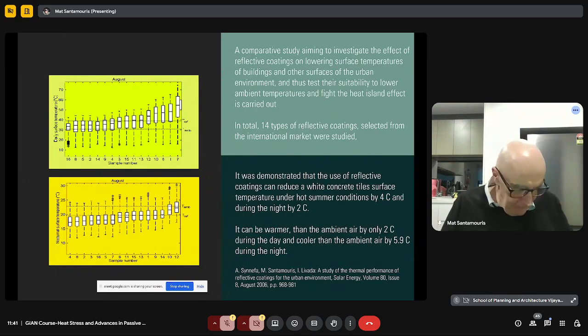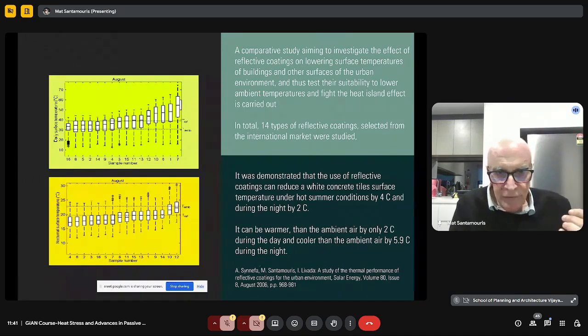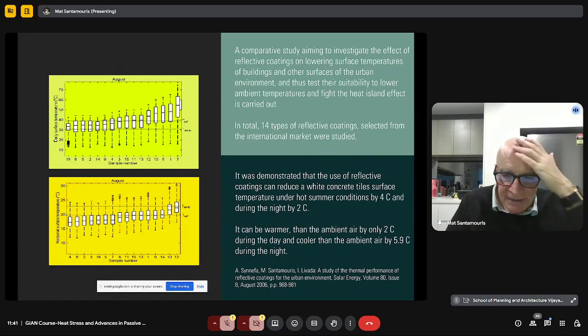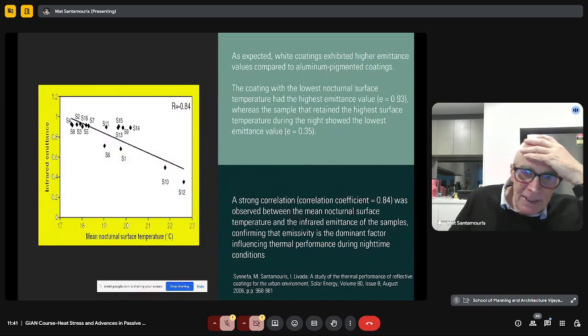So the message is clear. We have white materials which are of very high performance, and we have white materials in the market which are of lower performance. For heat mitigation properties, we use only materials which present very high reflectance and very high emittance, no metal-based materials. And you can see, for example, the role of the emittance on the surface temperature of the materials. You see, for example, that the lower the emittance, the higher the temperature. And there is enormous linear correlation between the emittance and the temperature.